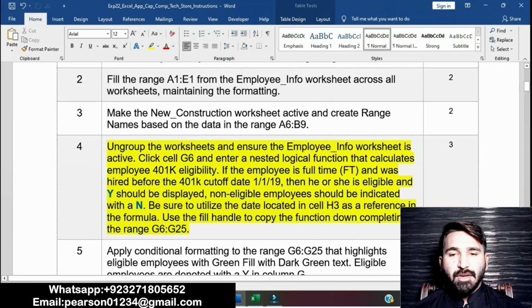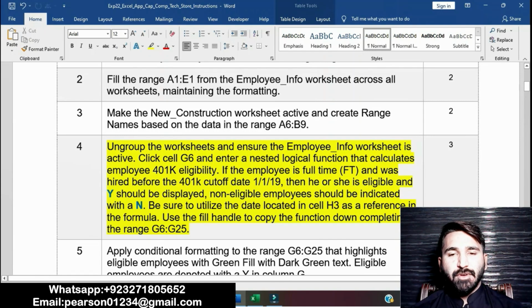Non-eligible employees should be indicated with N. Be sure to utilize the data located in cell H3 as a reference in the formula. Use the fill handle to copy the function down in the range G6 to G25.